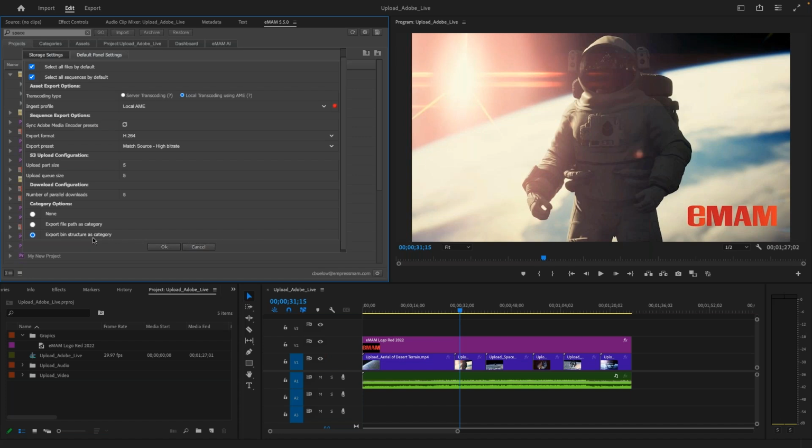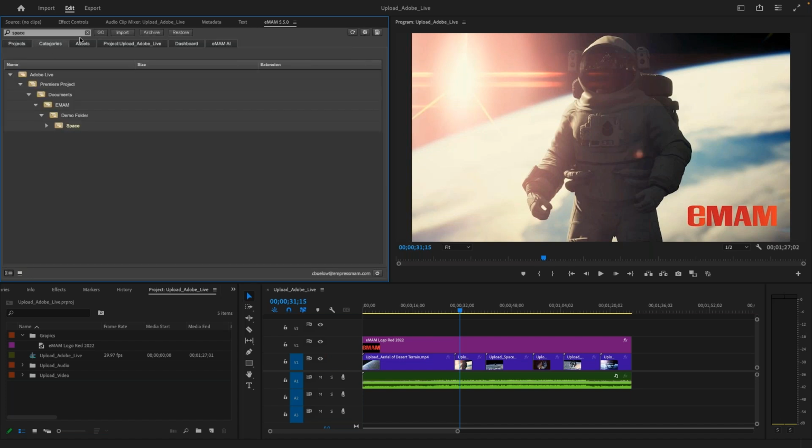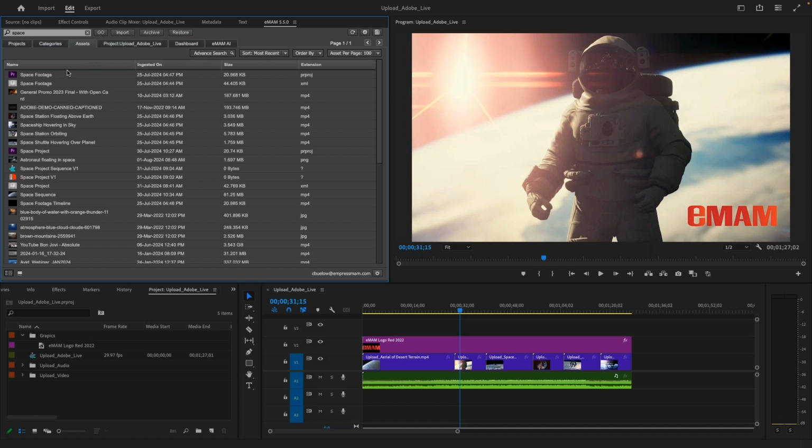People will be able to see the project file, and next to it, all of the graphics and the audio files and everything associated with that project. There are lots of controls here that you can add. And then again, you can search for media based on the category assignment, or look for assets based on different types of searches.